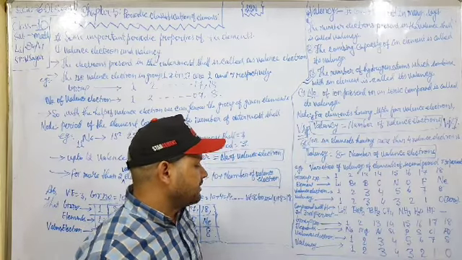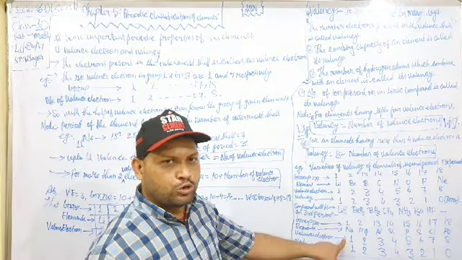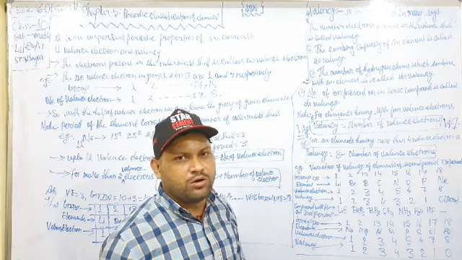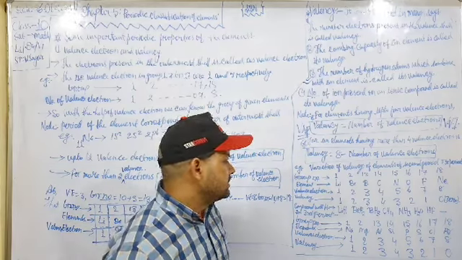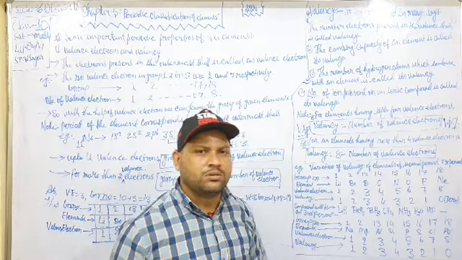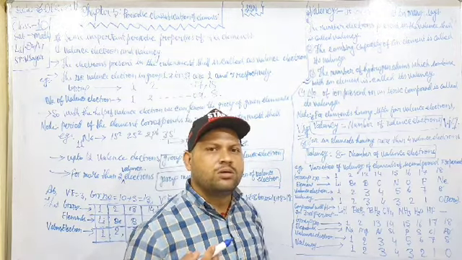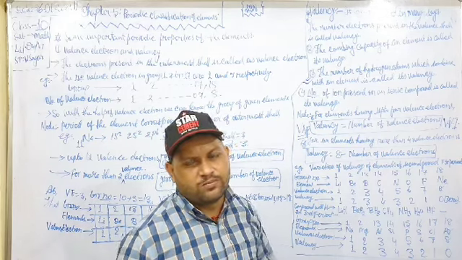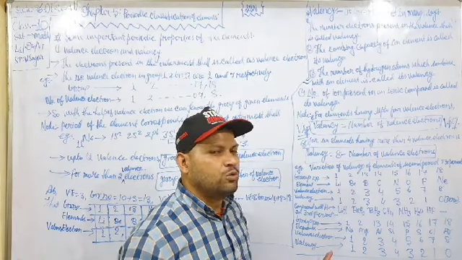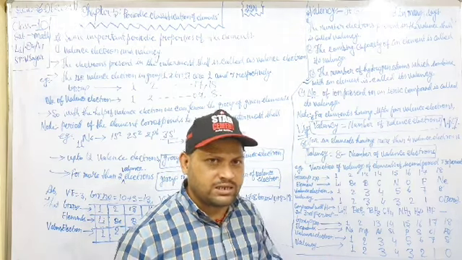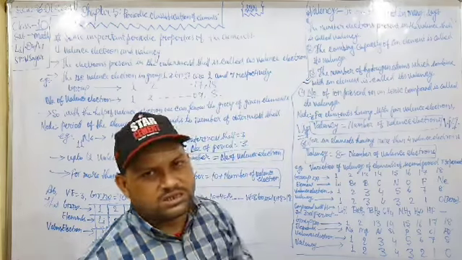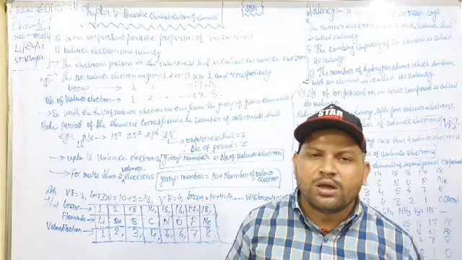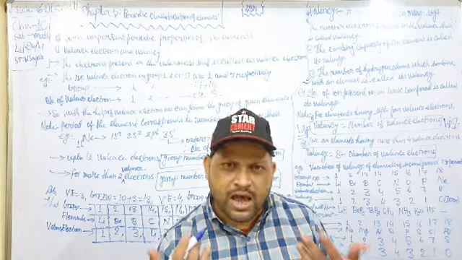That's why we can say that the valency for sodium is 1, for magnesium is 2, for aluminum is 3, for silicon is 4, for phosphorus is what? 3, for sulfur is 2, for chlorine is 1 and for argon is 0. So you can check these things by writing electronic configurations and try to remember all of this. This is very useful for you from the examination point of view and for further or higher studies.